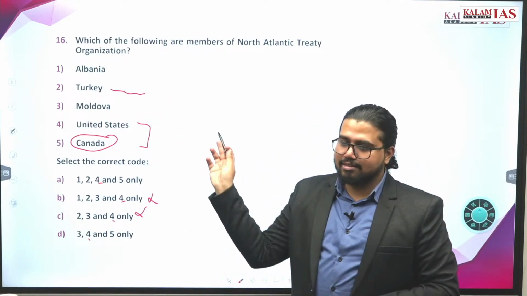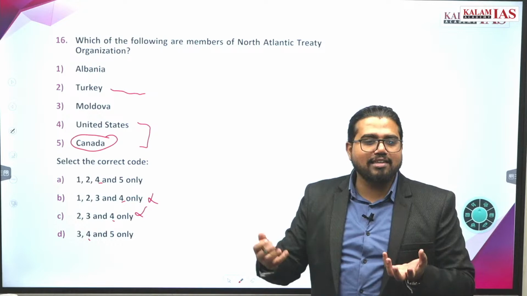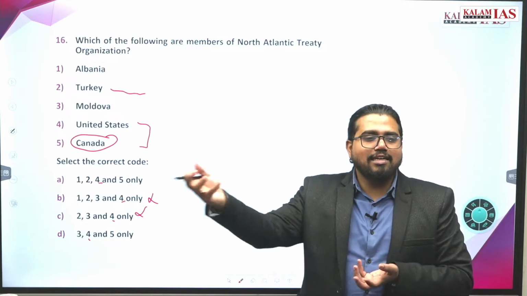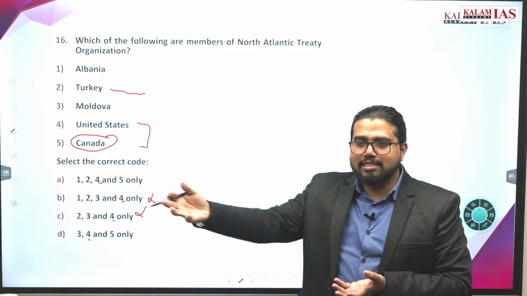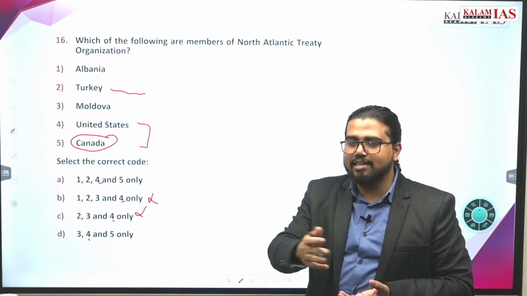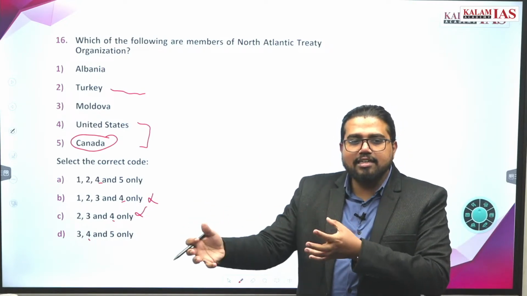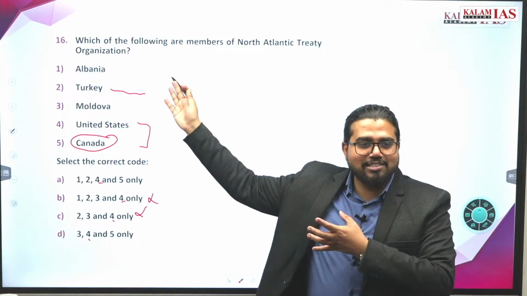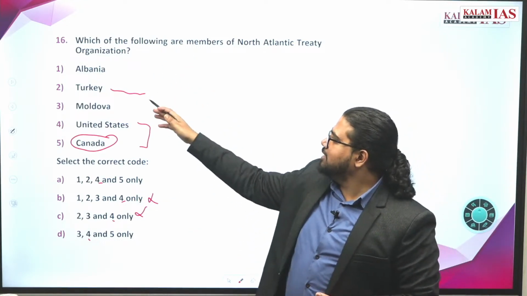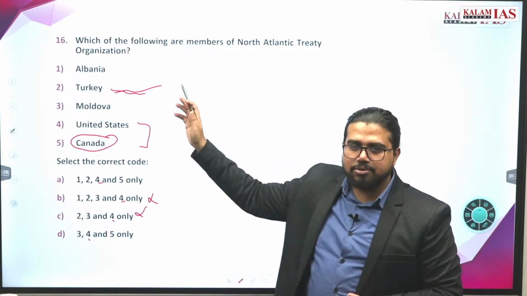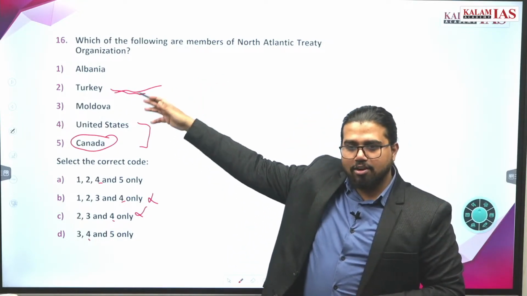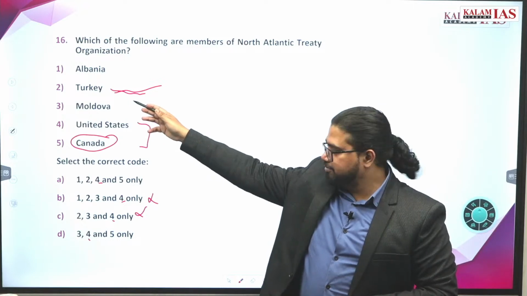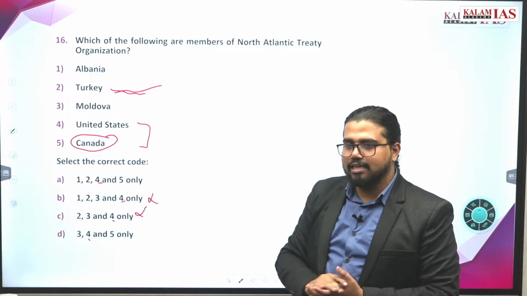The issue is going on. Why is there this Ukraine crisis? Because countries want to join NATO. Russia is threatening which countries? Finland, Sweden and these countries. Russia is threatening that it will nuke these countries if they join NATO. So a high-level threat is going on. Amidst all this, Turkey is a part of NATO, and has been from long back. If you know this, you can get the answer.